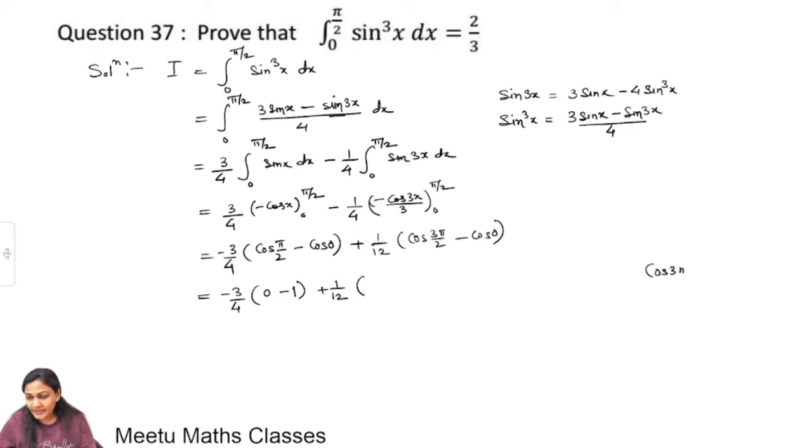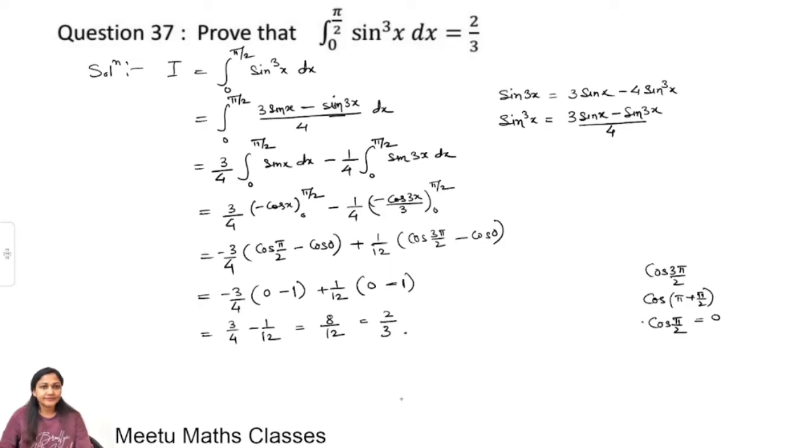To calculate cos 3π/2, you can write 3π/2 as π plus π/2. This will change your angle into the third quadrant where your cosine is negative, and cos π/2 is 0. So you can replace cos 3π/2 with 0 minus cos 0 which is 1. So this will give you positive 3/4 minus 1/12. And finally you will get this as 8/12,